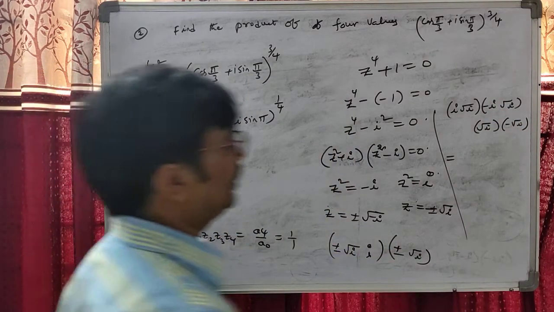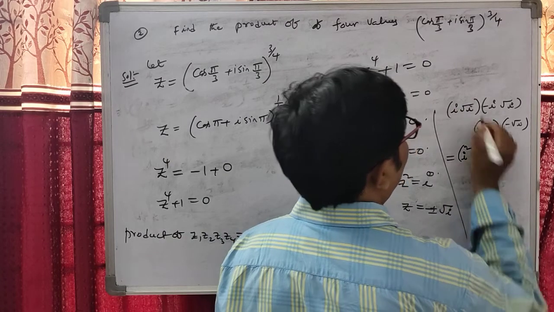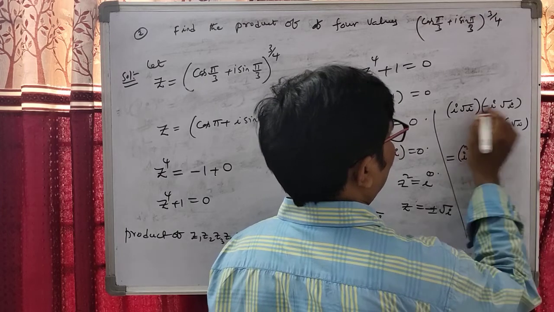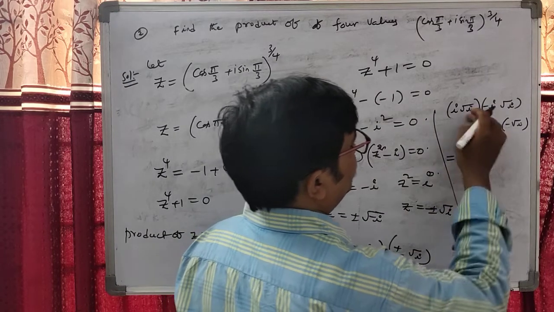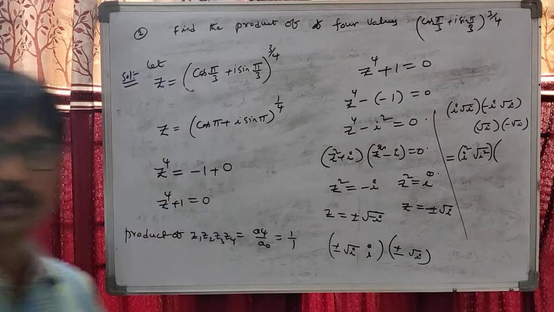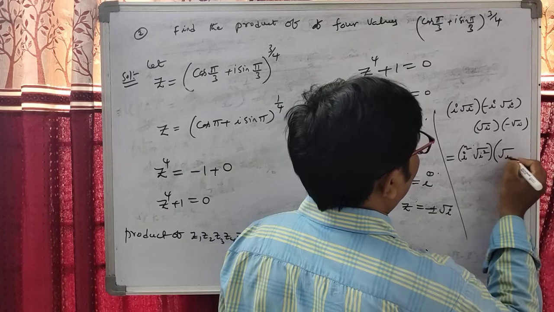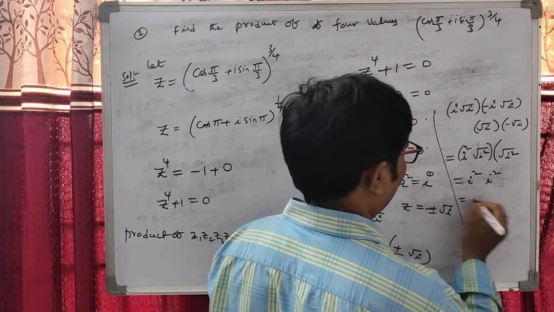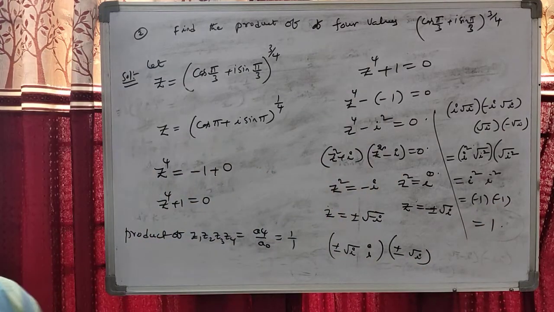Now students, here the first two brackets, i into i is i square, root of i square is i into i square. So what do we get? i into i square, this is root of i square. After that, how can you write this? This is root of i square, i square, i square. Minus 1 into minus 1 is plus 1. This is one method.